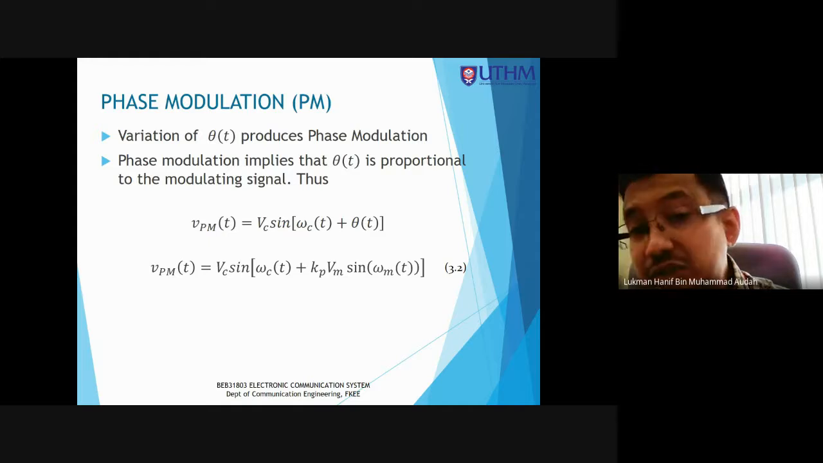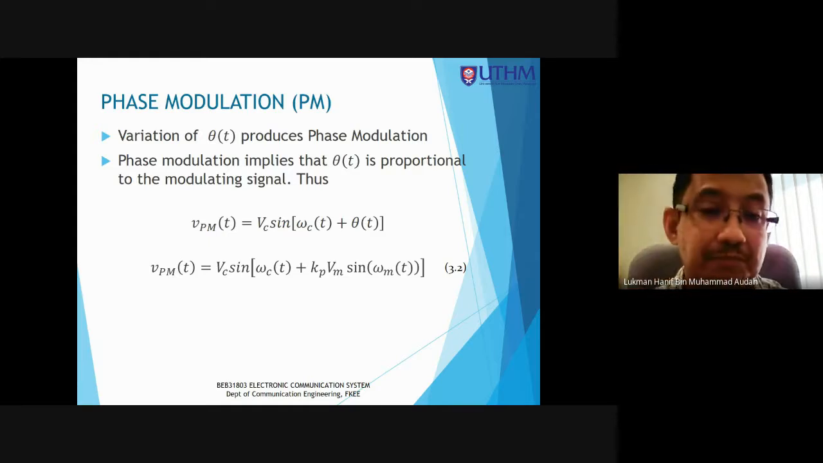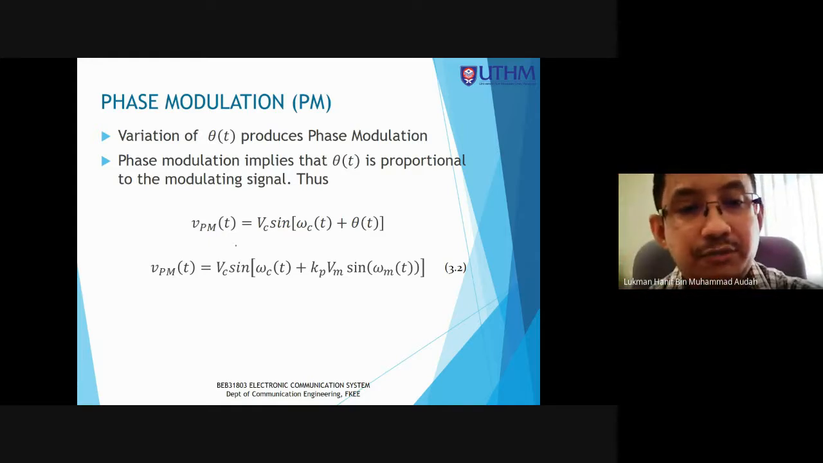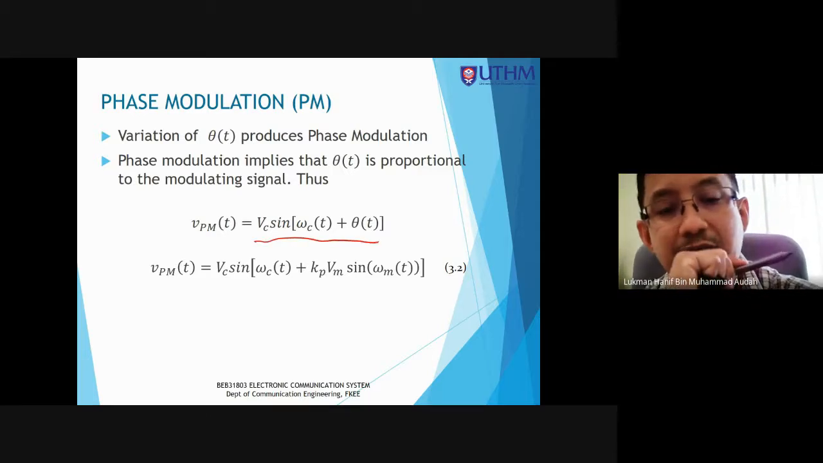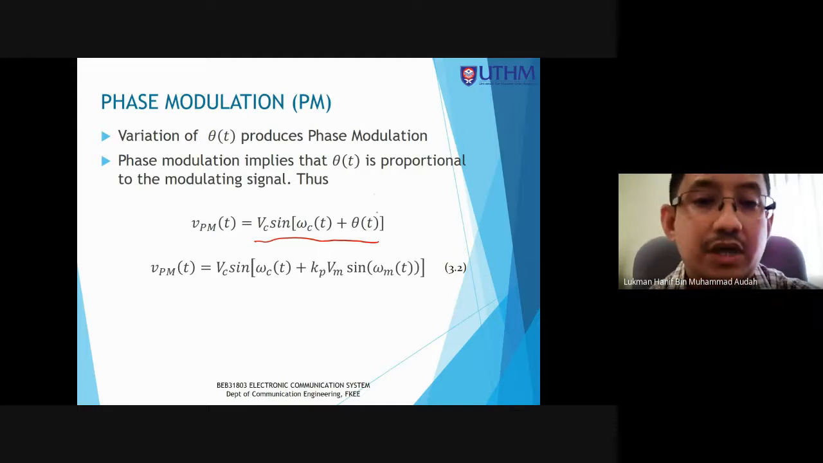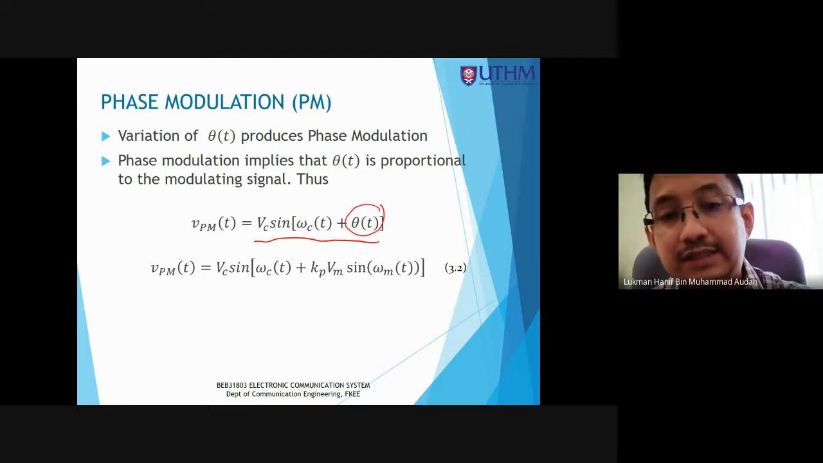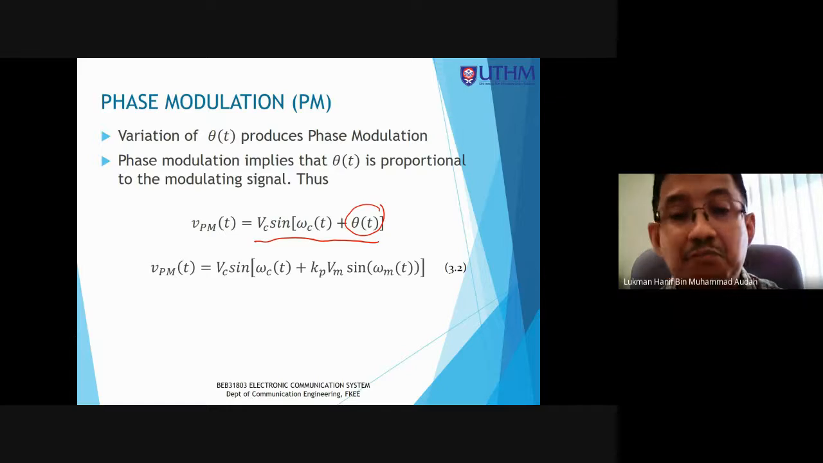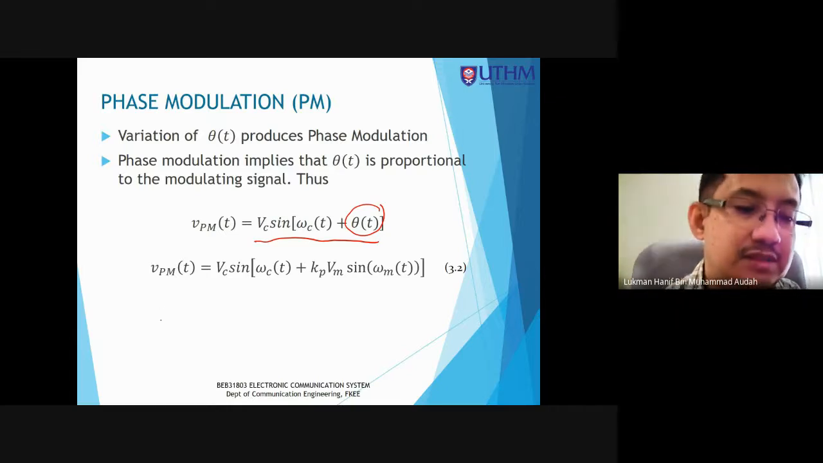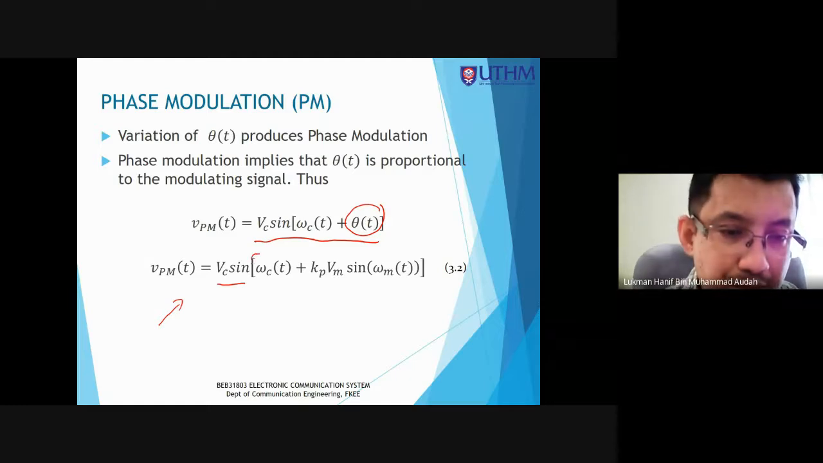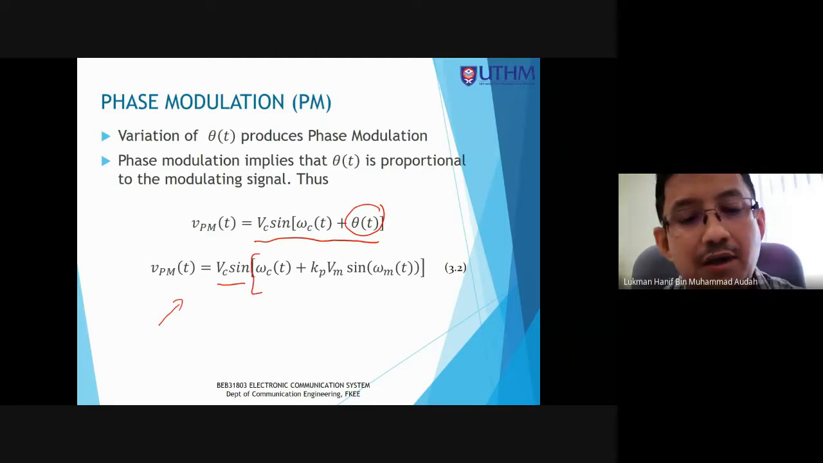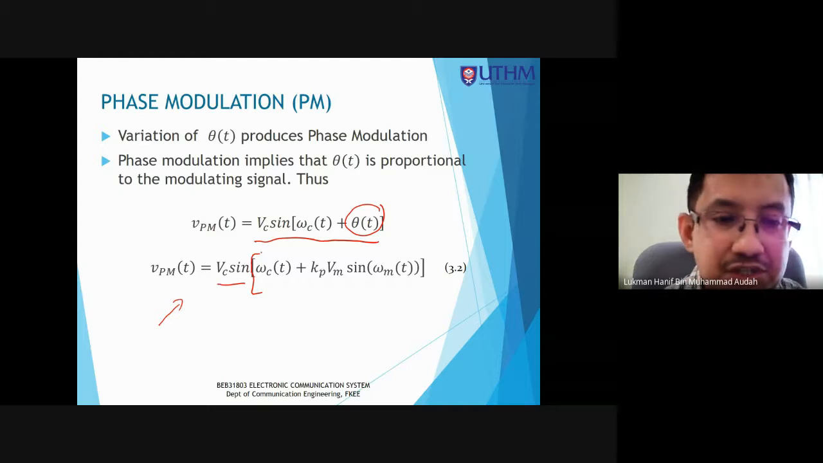Didefinisikan secara langsung daripada general equation. Okay, so from the general equation, Vc sine omega ct plus theta t. Now we can convert theta t into Kp Vmt. So jadilah seperti ini. Okay, so therefore we can rewrite the equation to become Vc sine. Remember to put big bracket. Okay, omega ct. So this is actually 2 pi